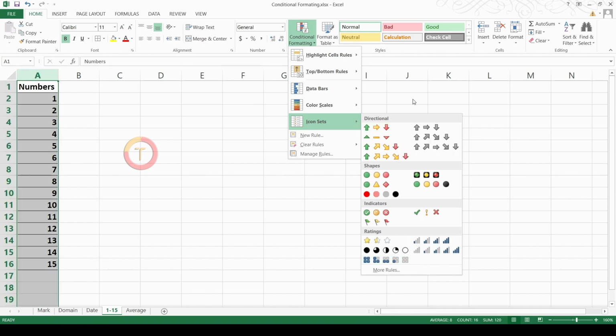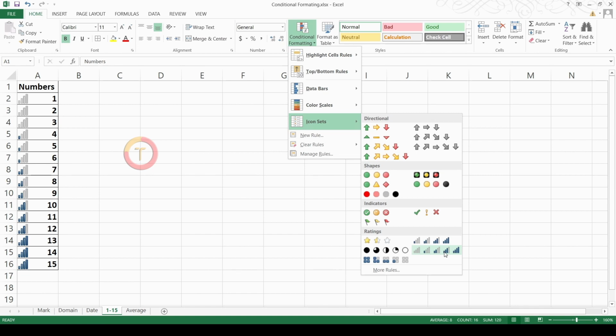If I need to give an icon to cells above a specific value, below a specific value and in between the upper and the lower limit, then I can select icons which have a set of 3 icons. So in this case, it will give an up green arrow to the top cells and yellow horizontal arrow to medium values and down red arrow for lower values. If I have more number of ranges in between, I have to select icon sets which have more icons. By default, it will divide our data range in equal parts and assign the icons accordingly.